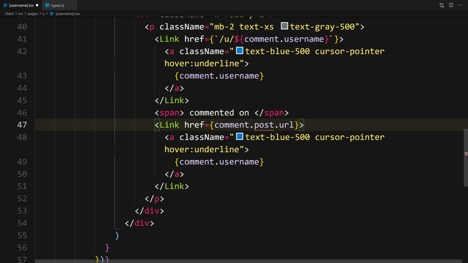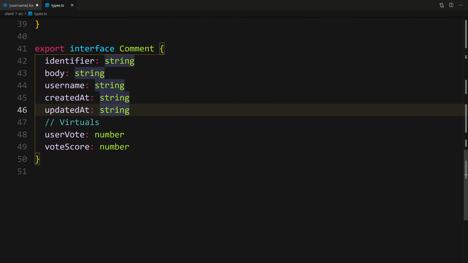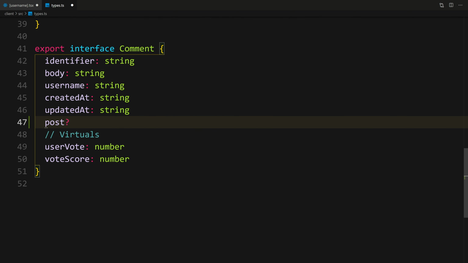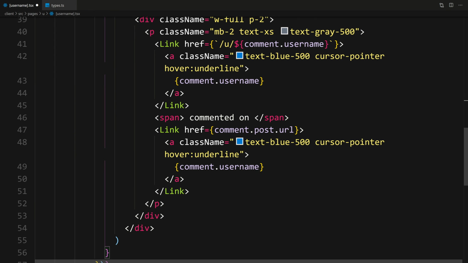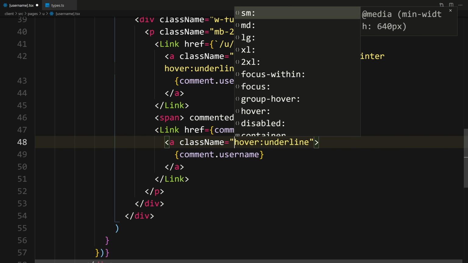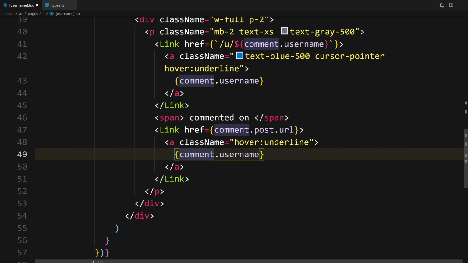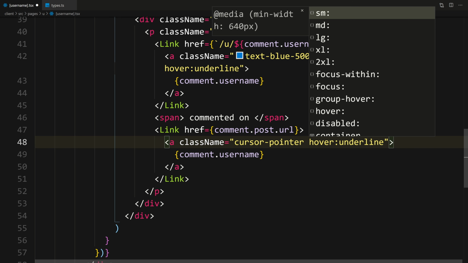Actually, post does not exist on type comment, so let's go to the comment type and add post, and this is optional, and this is of type post. All right, now it's not going to complain here. Cool. And inside of here, actually this is not going to have any of these stylings. It's just going to be plain text with hover underline. Or actually no, I was wrong. It's going to have cursor pointer because it's a link. So add cursor pointer, and this will be